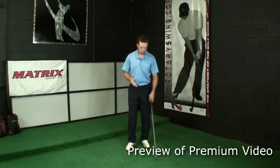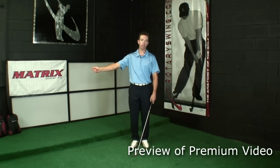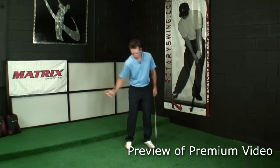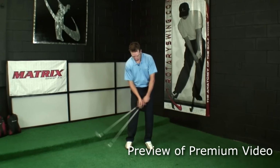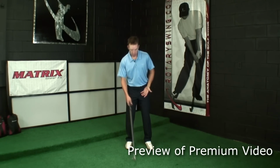So here's what I do with all my students. The first thing when they're learning how to release this left hand is we take the right hand completely out of the equation. If you're someone who pushes really hard from the right side or flips that right hand, this is critical. You do not skip this step. You want to start learning how to release the club properly to get into a proper impact position. So at first, what